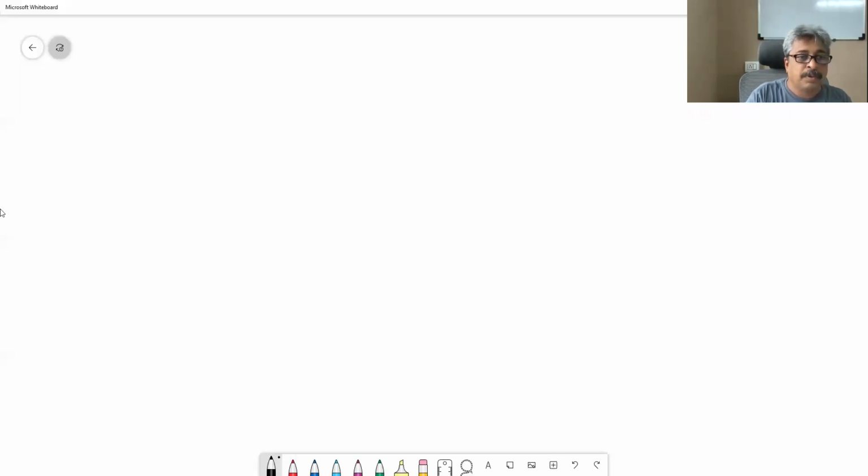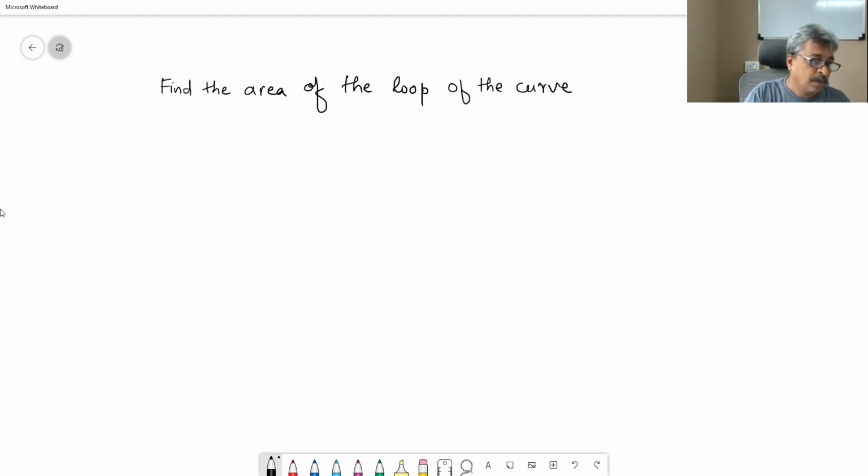Find the area of the loop of the curve y square. Find the area, and therefore we will find out what kind of curve this is, and hence as such this is an equation